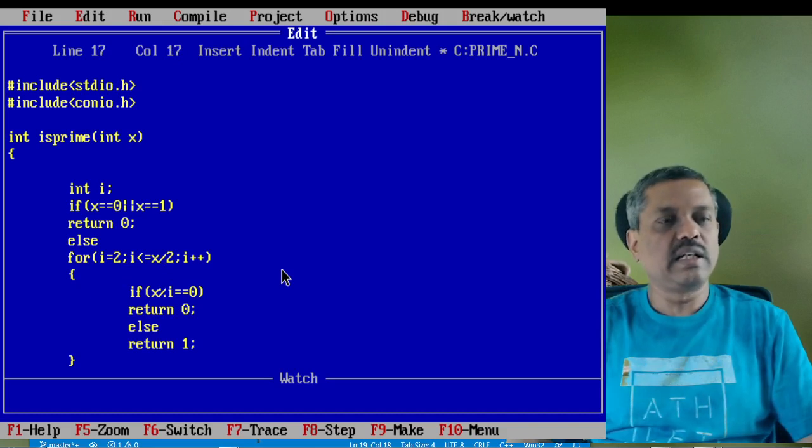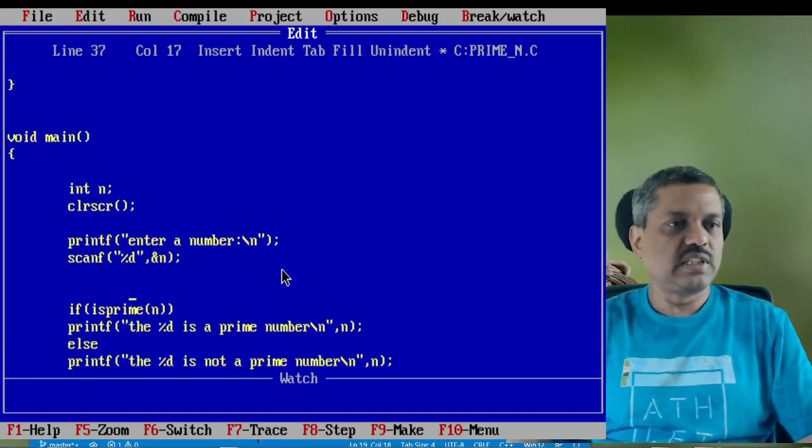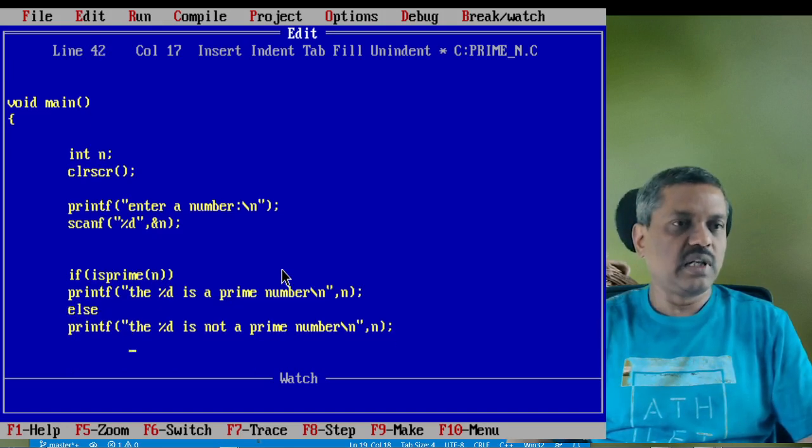Then automatically you see that it is not divisible completely by 2, because it will have a remainder 1. So what it does is it goes to the else part and returns 1. And then of course here it is having 1, that means the condition becomes true. So that is why it prints the statement, percentage d, that is 5 is a prime number, and it will discard the else part.